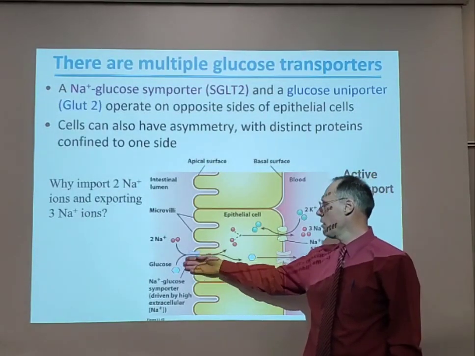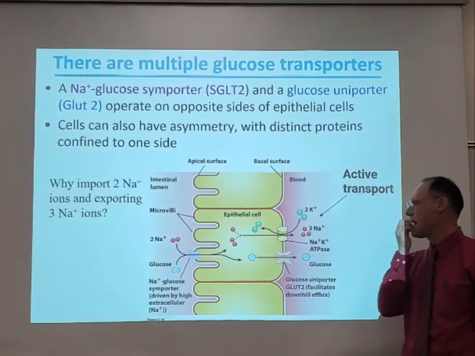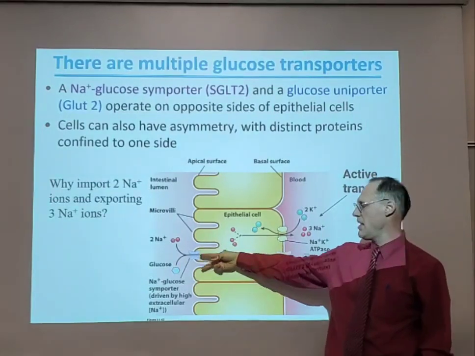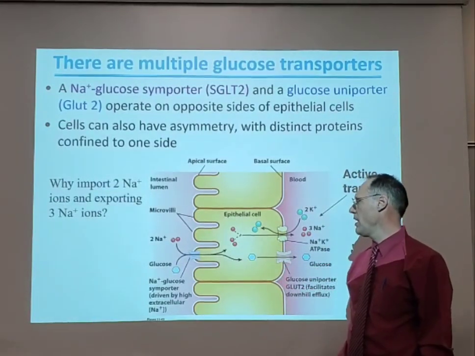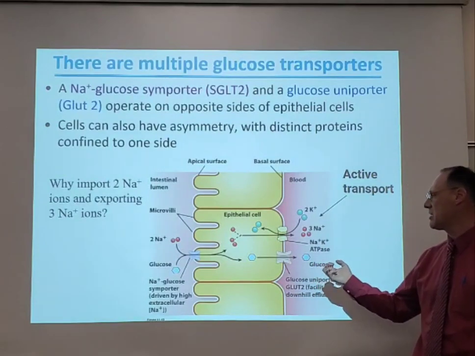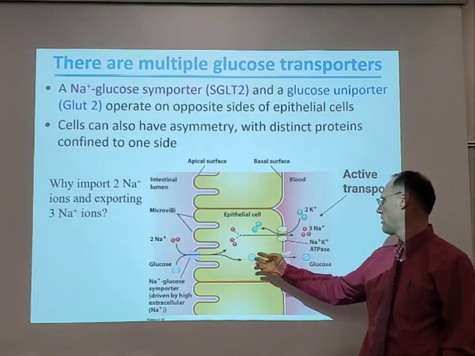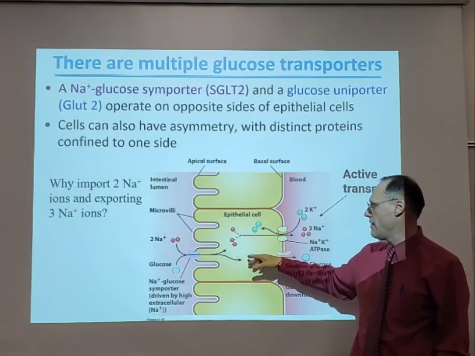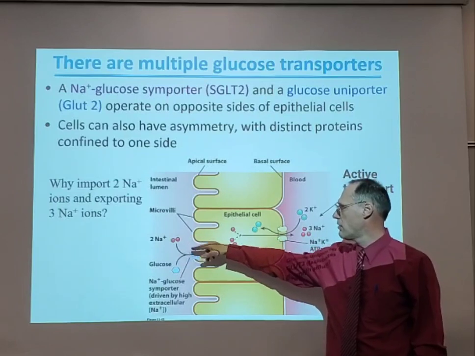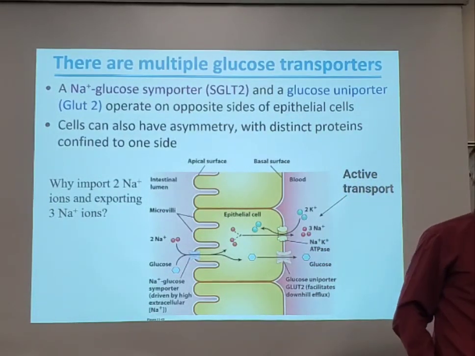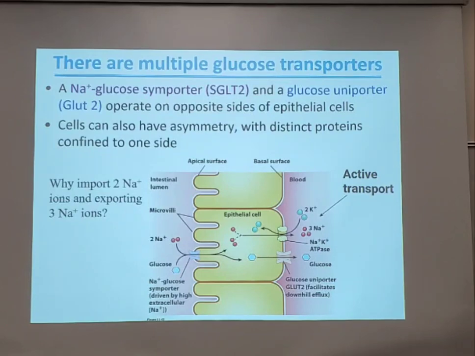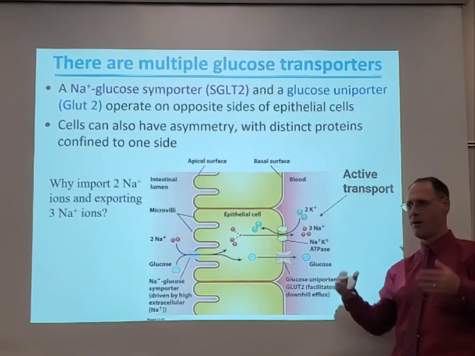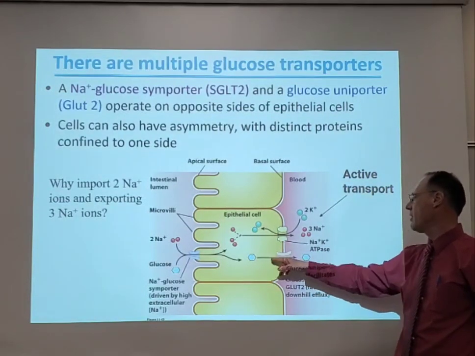looking at what's going on, the glucose is going to come in. How come the glucose is going in at all? This is a symport, right? And it's bringing the glucose into the cell, okay? High concentration. And then in doing so, it brought the sodium. How could the sodium go in? Concentration gradient: I pumped all the sodium out. It wants to pull it in. It's easy, just like that neurotransmitter, right? And then the glucose needs to go out.